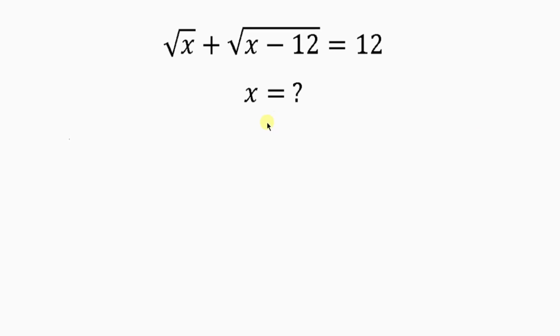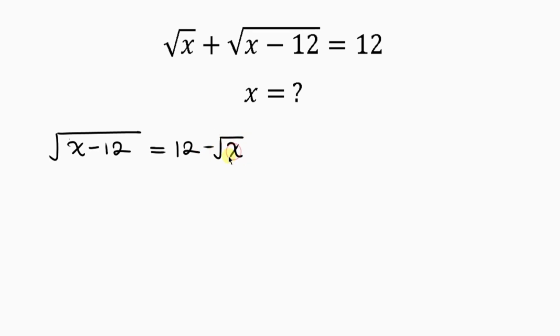Let's find the value of x given that the square root of x plus the square root of x minus 12 is equal to 12. Well, our first step will be for us to move the square root of x to the right so that we have the square root of x minus 12 remaining on the left-hand side equal to, I've already got 12 on the right, and as the square root of x crosses to the right, it becomes minus the square